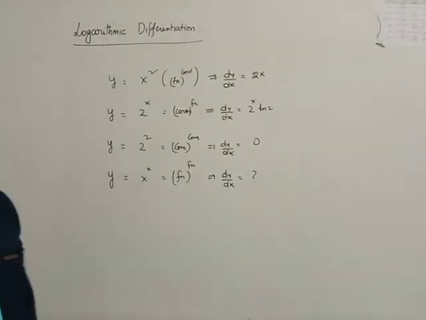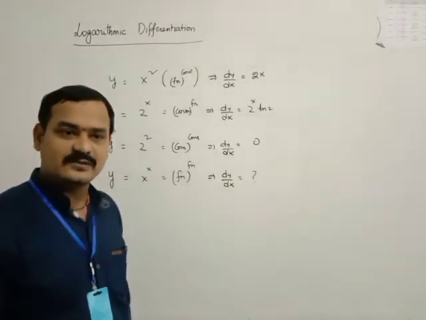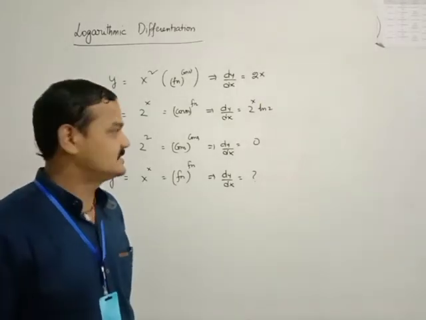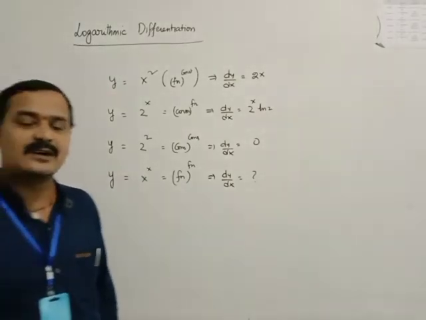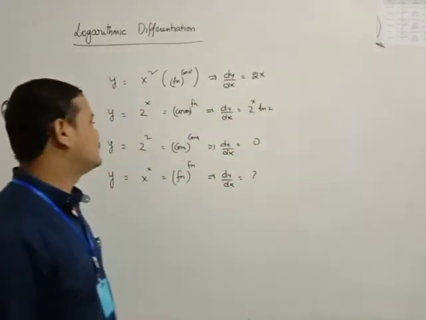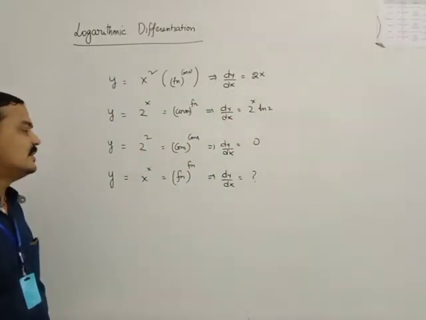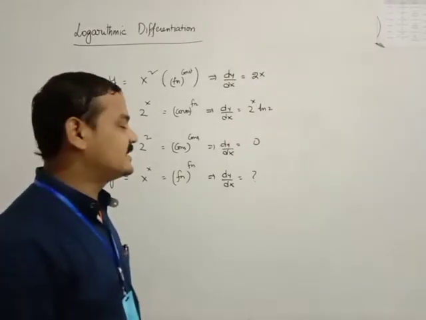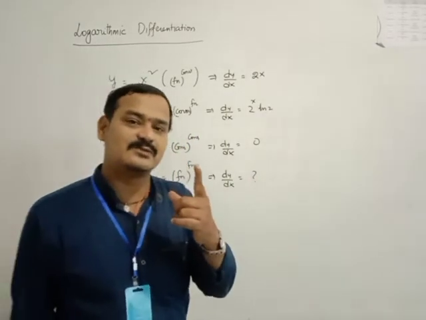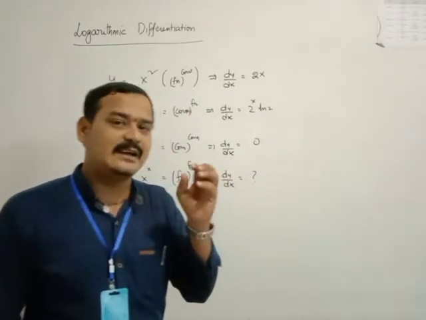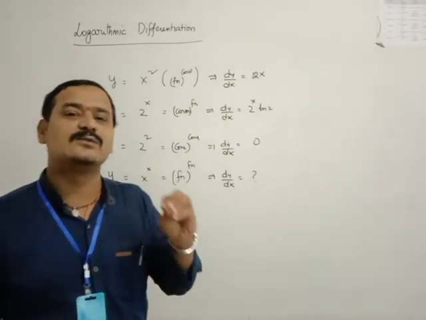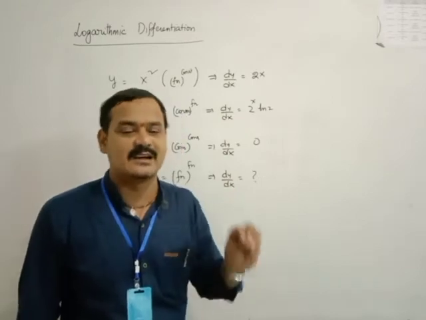In the first one, x square is in the form of x power of n, and you know the formula n into x to the power of n minus 1, so simplified it is 2x. Again, 2 power of x is in the form of a power of x, whose derivative is a power of x into ln a. The third, 2 square means 4, whose derivative is 0. Now for x power of x, you cannot find the derivative by any formula. So the first concept is that you use logarithms when the problem is in the form of function to the power of function; then you can apply logarithmic differentiation and logarithmic formulas.